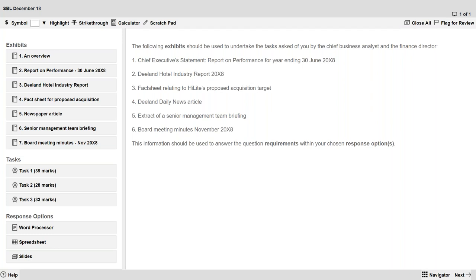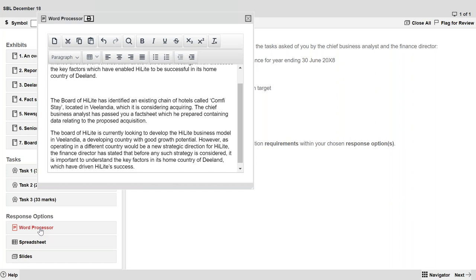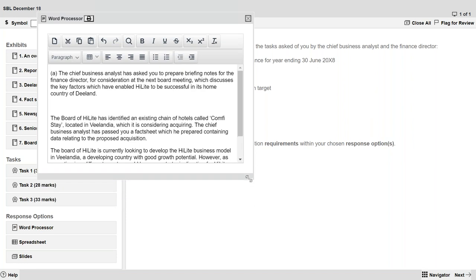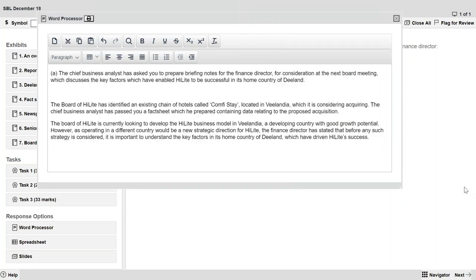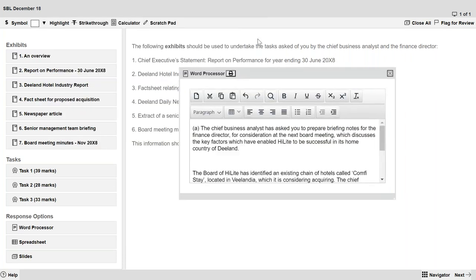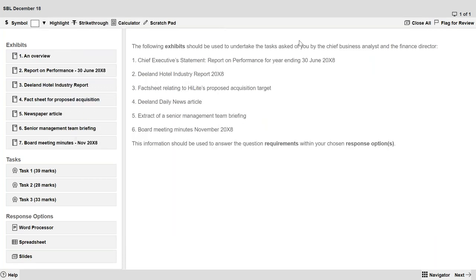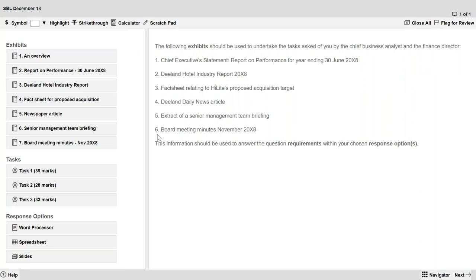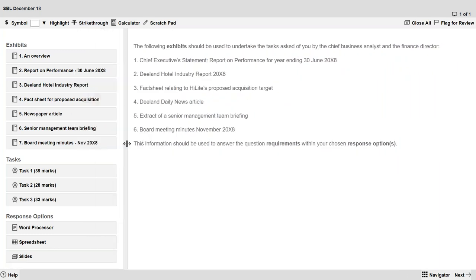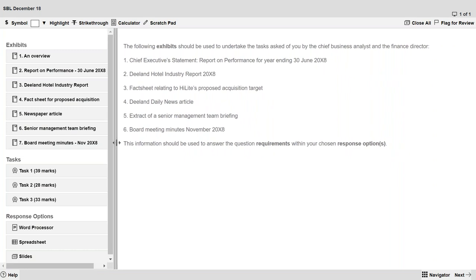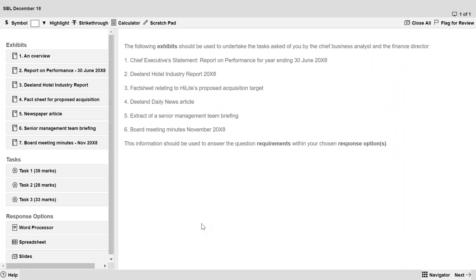Oops, I just closed my word processor. Oh my God, I didn't save it. So there is no option of saving. So hopefully it should be there. So when I open it, nothing gets deleted. Okay, it's always there. You can resize it, you can play with it, whatever you want. You can move it. Okay, you can also increase or reduce the size of this. So I can just keep it. It doesn't really matter. Right. So this is how